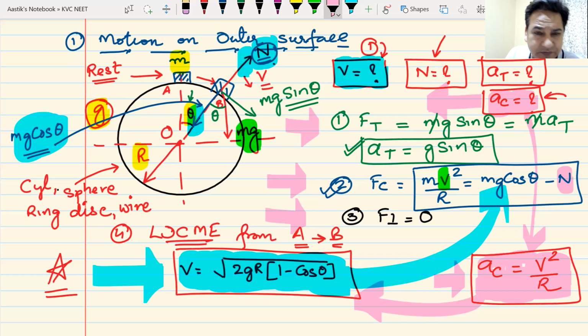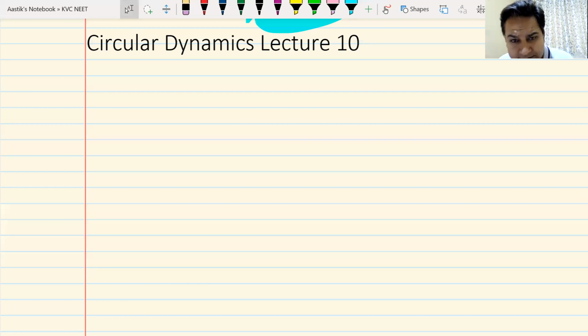Again, I would be giving you the formula, and we might not be deriving the entire result, because deriving the entire result will not help your cause, especially in NEET. In the class for JEE, I would be deriving it because they would want to know. It's essential for them to know this. But for you guys, it is not important. So the topic is still motion on the outer surface. We have to write one important point here in the same thing. Now, what we had done up till now,